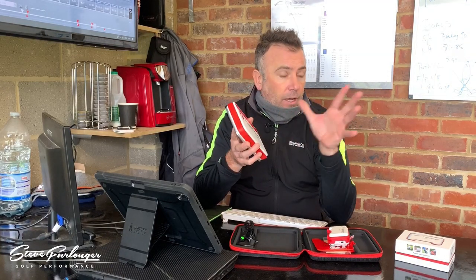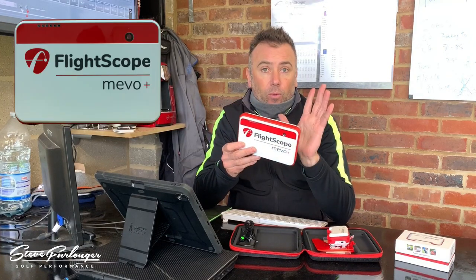The company itself, amazing company. Their tracking technology is superb. From being used by tour players, the X3 devices and their premium products, as well as the domestic use products now, which are just brilliant, really have to say. So Flightscope Mevo Plus, the difference between